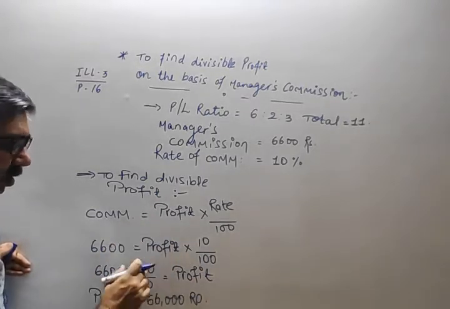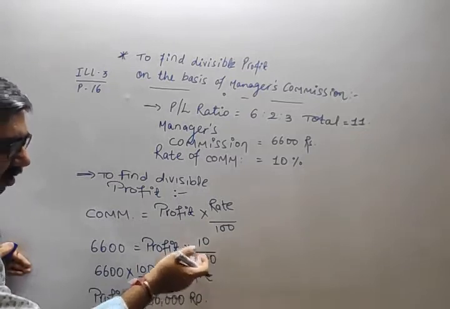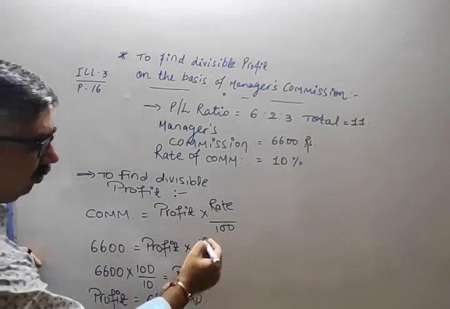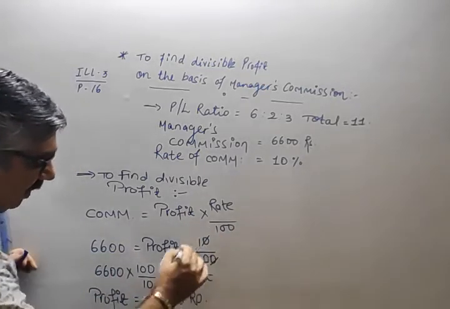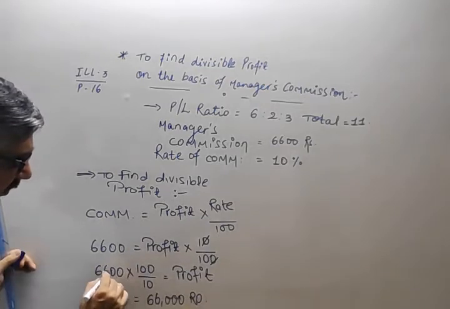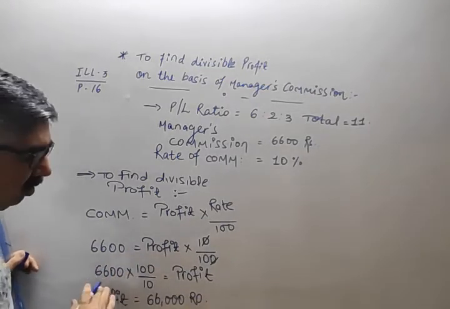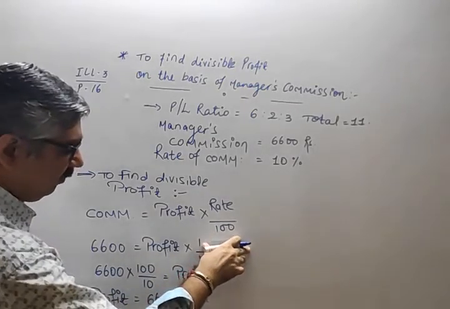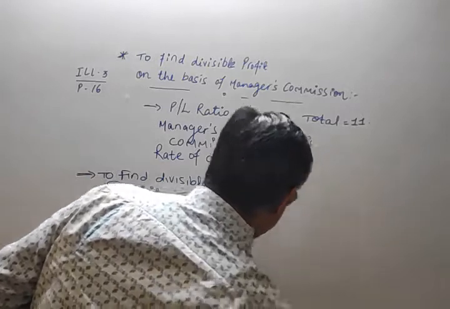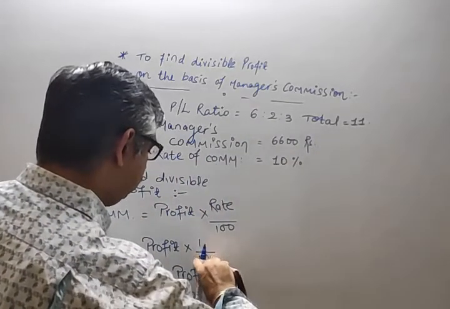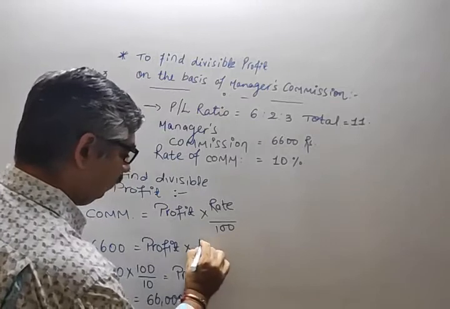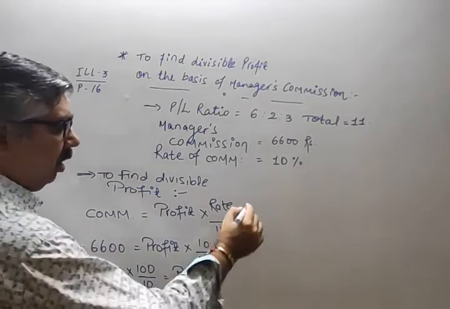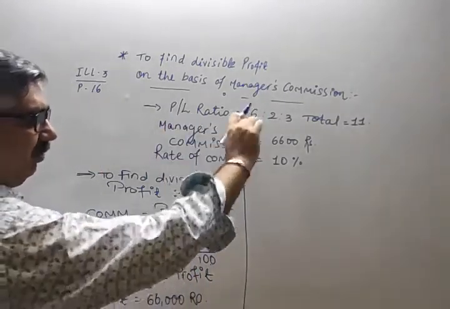Okay, just go through this formula. It's very easy. 10 upon 100 is there, equals to what is on the other side? As per the mathematical rule it becomes reverse. Even you can do like this, you can cancel this. In that case, over here 6,600 into 10 only, that comes to 66,000. That also you can do. Okay, at present we are keeping this particular thing as usual, but you can cancel it also. Is there any problem?